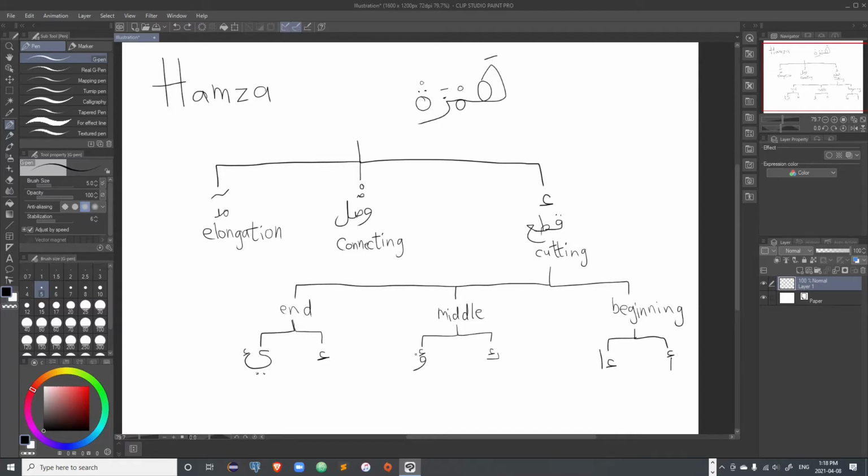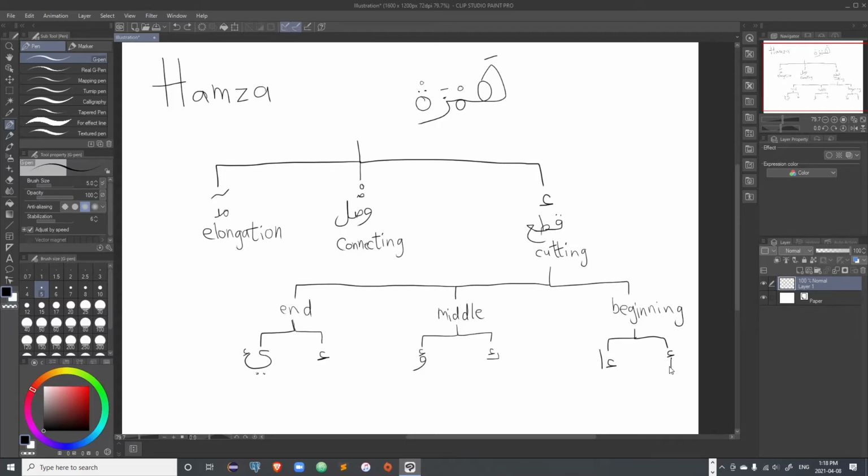The question is, however, how would you identify which form it assumes at the beginning, middle, or end? At the beginning, it will always be this, except for certain instances which you will rarely encounter. Most of the time when you hear an a at the beginning of the word, it is alif with a hamza,